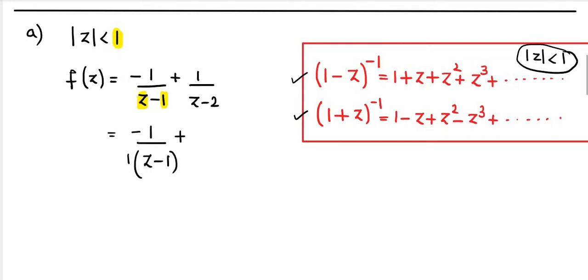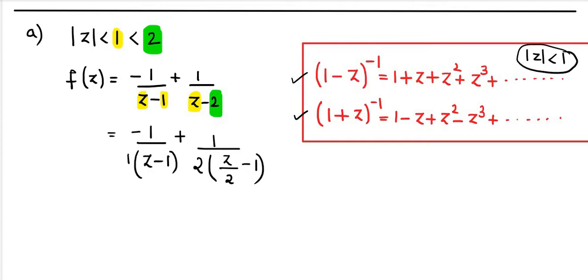Now when you compare the second term, we have z and 2. But we know that mod z is less than 1, therefore 1 is less than 2. Now if you compare again, 2 appears bigger. So in the second term, you have to take 2 as a common factor. Whichever is bigger term, take that as a common factor. So when you take 2 as common factor, we get z by 2 minus 1.